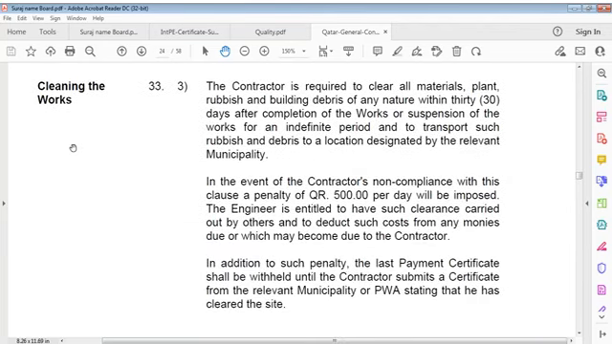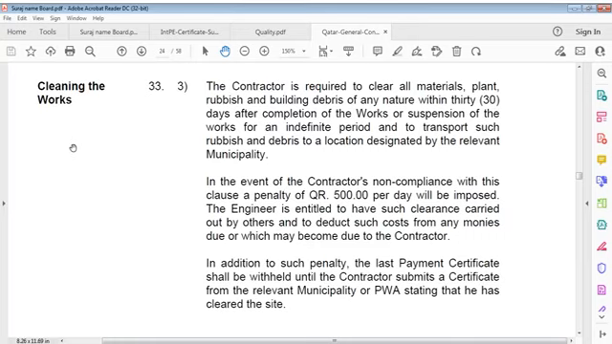Plant, rubbish and building debris of whatever nature within 30 days after completion of works or suspension of works for an indefinite period, to transport such rubbish and debris to a location designated by the relevant municipality. In event of the contractor's non-compliance with this clause, a penalty of a defined amount per day shall be imposed. The engineer is then entitled to have such clearance carried out by others and to deduct such costs from whatever money is due or which may become due to the contractor. In addition to such penalty, the last payment certificate shall be withheld until